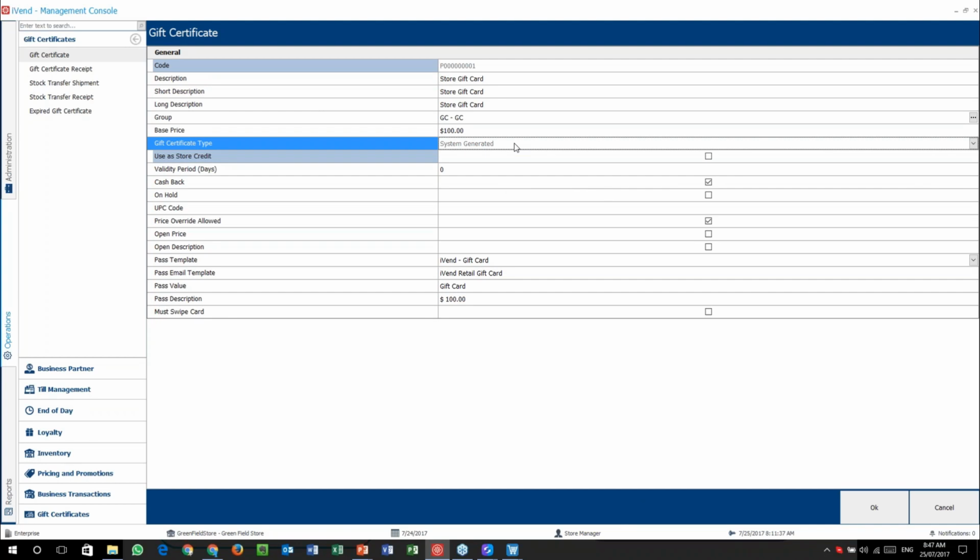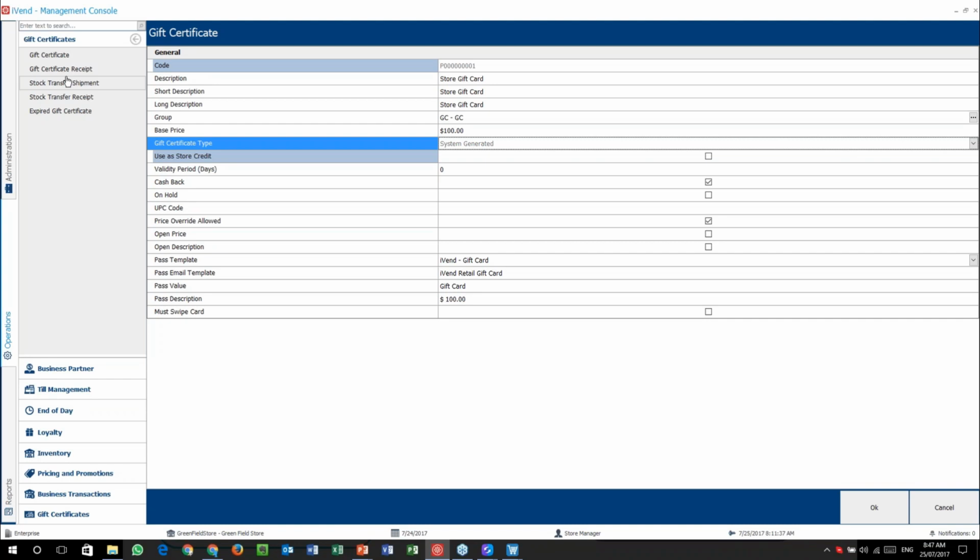Remember that if it's pre-printed, that can cause issues because effectively it becomes equivalent to money. So if it's pre-printed, it needs to be tracked, and that's why we have stock transfer shipments and stock transfer receipts for pre-printed gift certificates, as well as goods receipting them into the system, because you need to keep track of those ones, because normally they are serial numbered. So that is something to just remember: if it is pre-printed, you need to keep a very close eye on them, because there's nothing worse than somebody wandering off with a big book of gift certificates